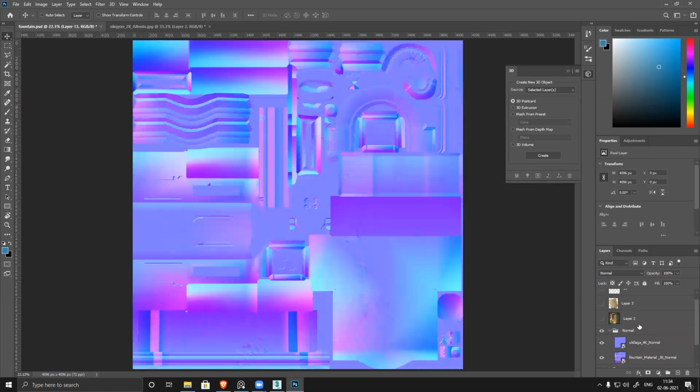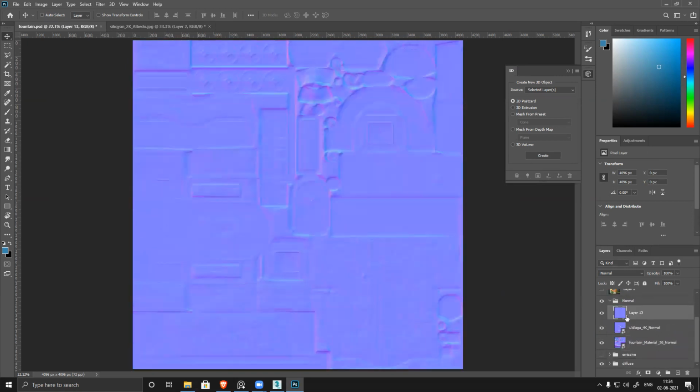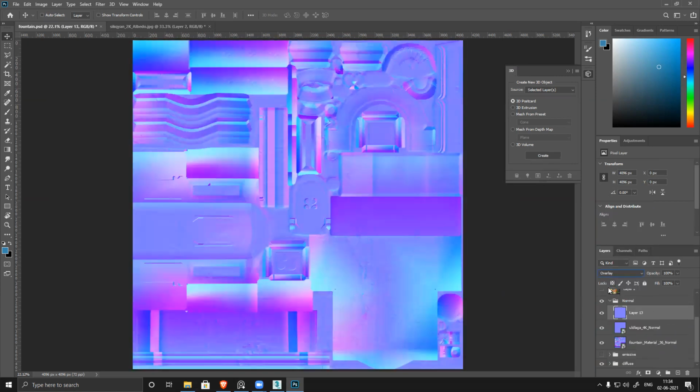Now go to normal, switch on your base normal, whatever we have baked, take it there and overlay it. So this is how you blend two different sets of materials, two sets of normals. You have to overlay. You cannot multiply, cannot soft light, cannot do anything else. It has to be overlay always. And now I can see there's a lot of shading, a lot of bright colors happening. The reason is whenever you overlay any normal, it removes the blue channel information.